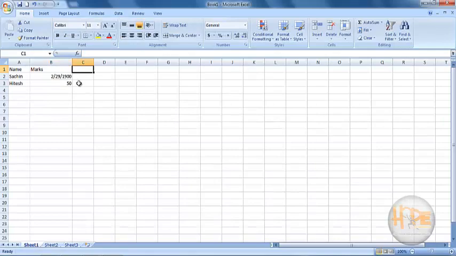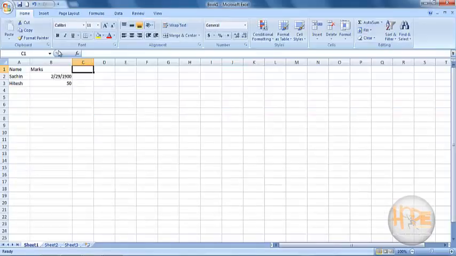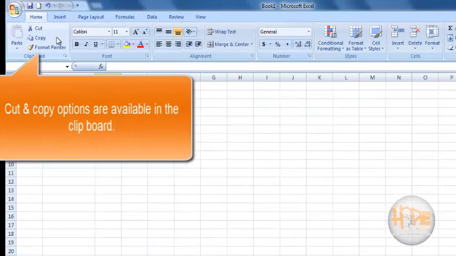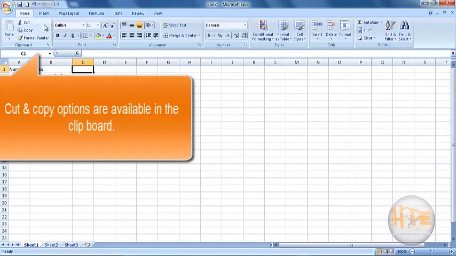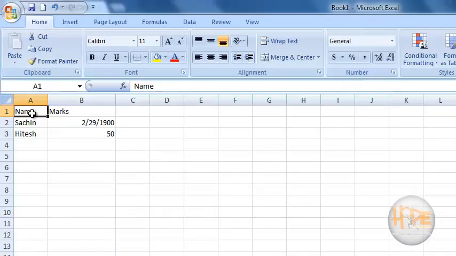Here you can find some data that are to be copied and cut. You can find the cut and paste options in the clipboard, which is given in the Home tab. First, select the data which will be copied.